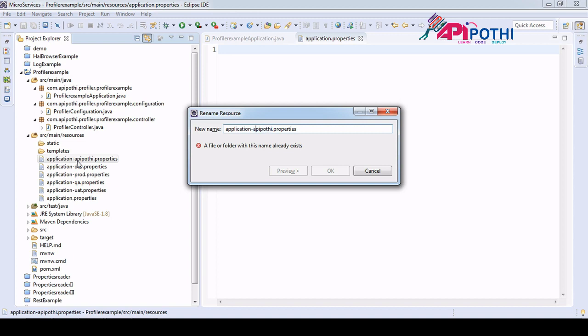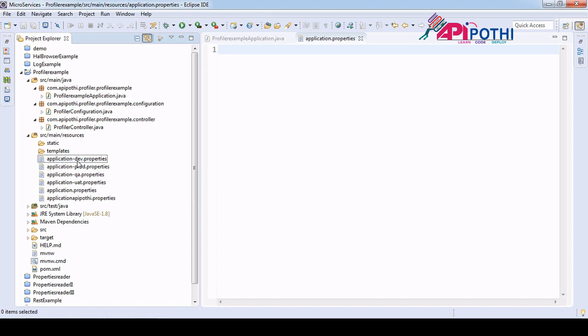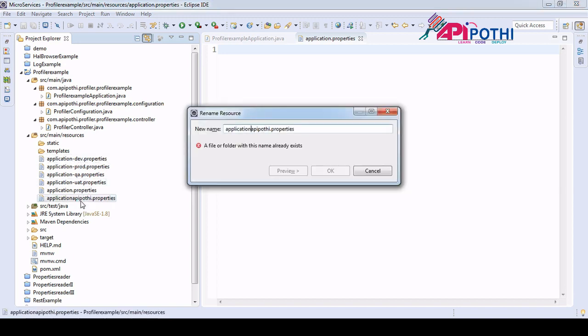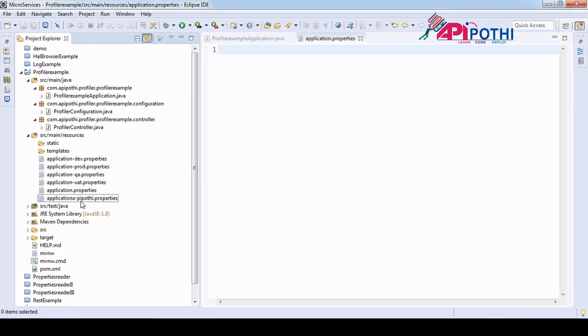But if you delete this hyphen, Spring Boot won't be able to read your file, because you don't have the separator. The hyphen is required between application and your environment name. The meaning of this is, I just wanted to tell you there is nothing called dev, QA